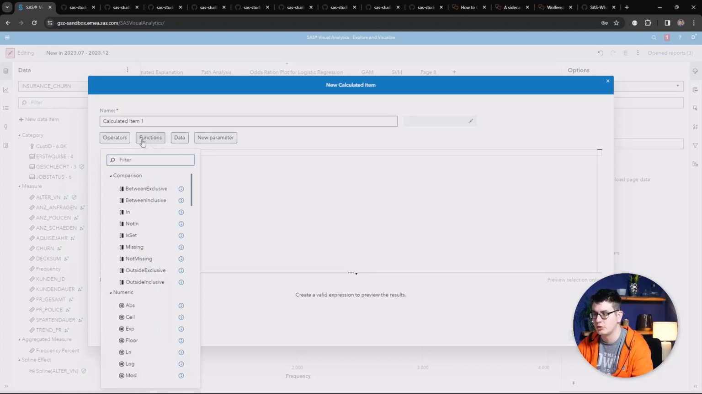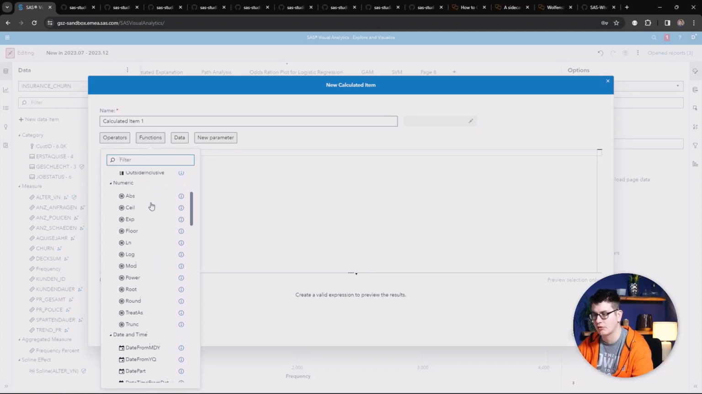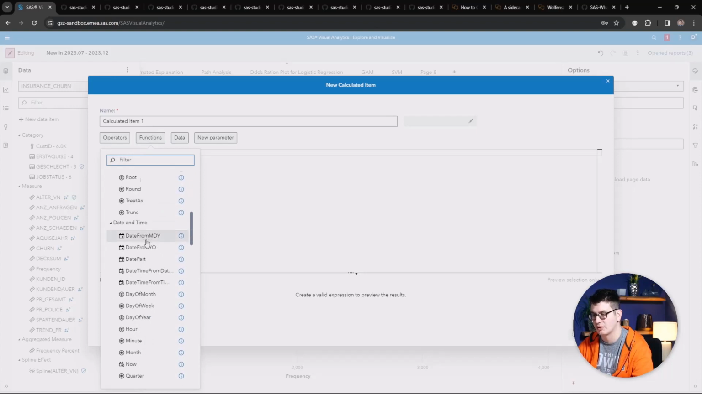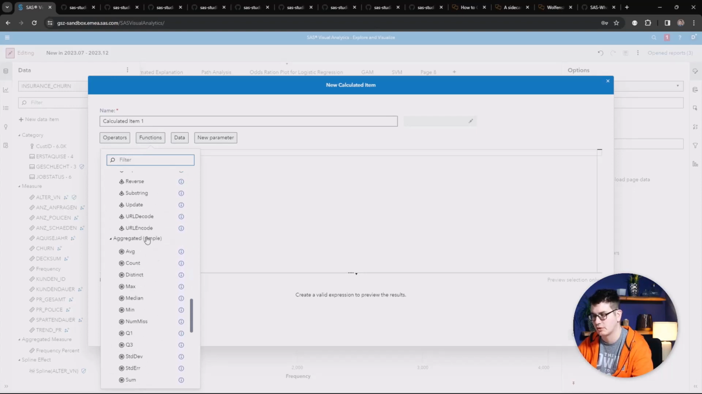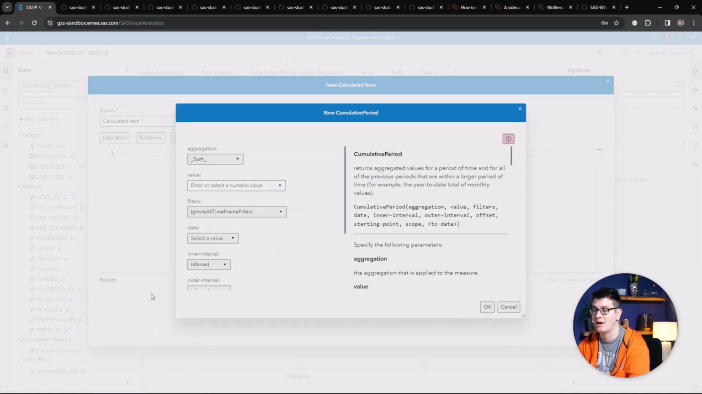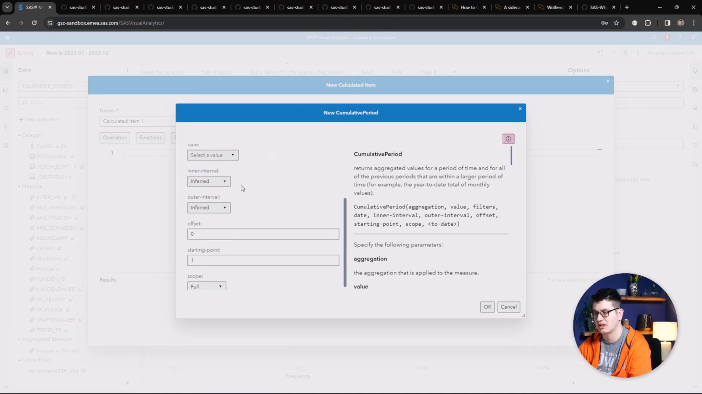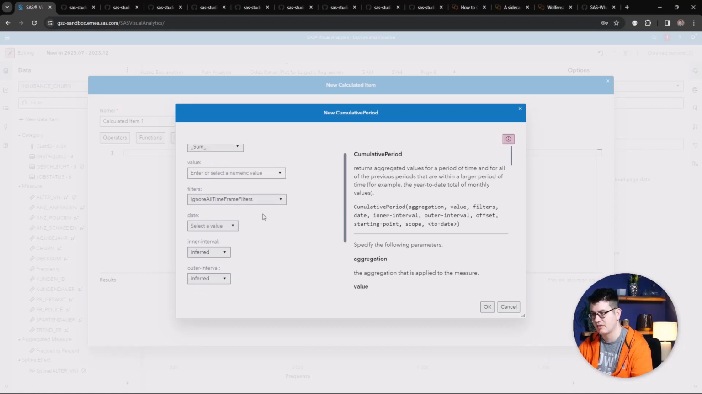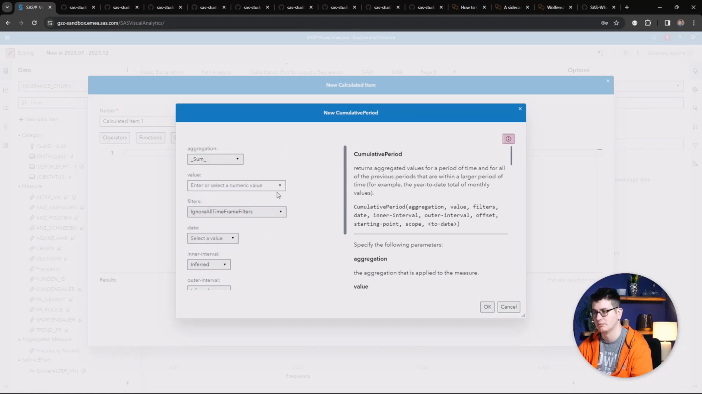Let's go to the functions one, and if we are scrolling through, let's say we want to use one of the aggregation functions, let's say cumulative period. You can see we now have the ability to define this within a visual interface. So you can click the variables in here to set what you want it to be,